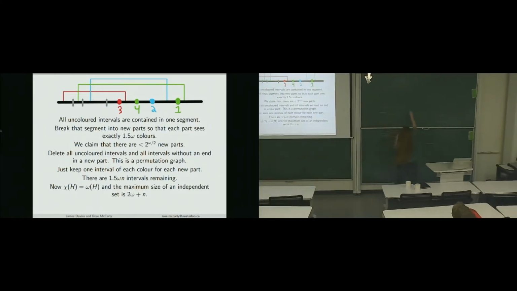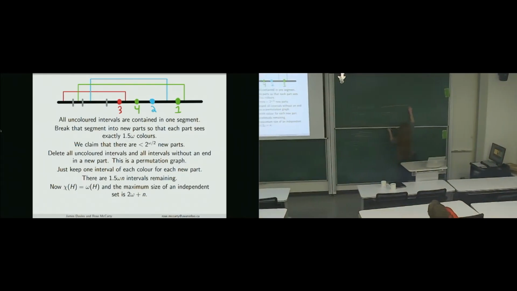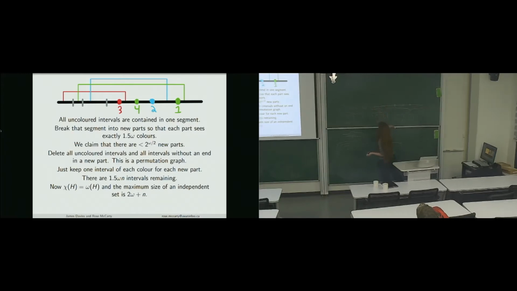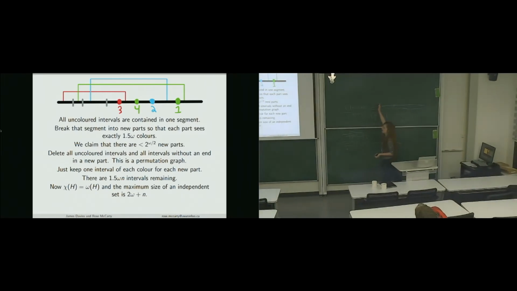So we have this special point 3 and some other points over here. And there are omega plus 1, there's about 2 omega points over here. There's 2 omega points, and so that means there's 2 omega segments between points also. And on this side, there are n dashed lines, n new points. And so if we look at an independent set,